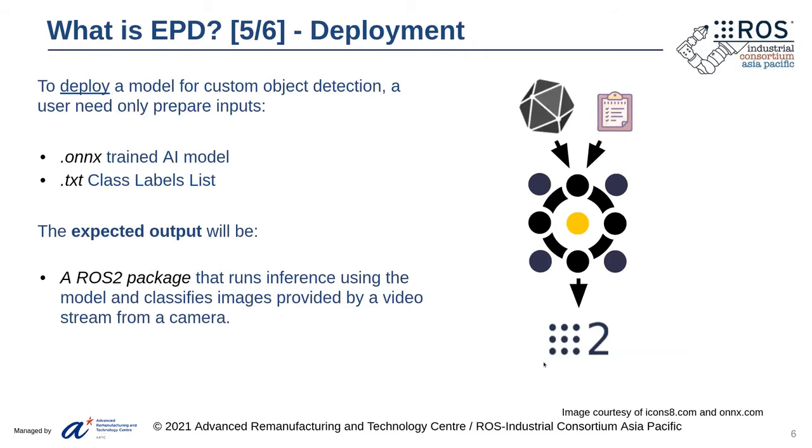I'll now focus on deploy, the second keyword. Here, also the same. As a maths function, there's inputs and outputs. The inputs is you take the model that you just trained, and you take the label list that you just used. And from there, EPD processes it and then deploys it as a ROS2 package. And the significance of doing so is that now the data generated by this model that you deploy is now accessible to every other ROS2 package that is supposed to instantiate different sensors, different robotic manipulators that are out there